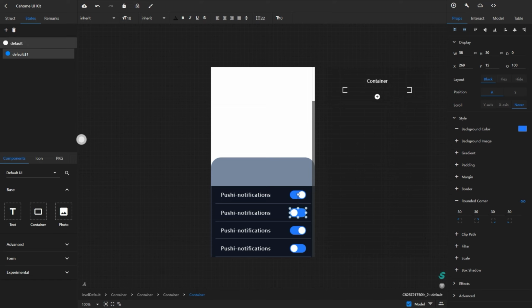After that we click on this container again. The same operation adds a setting status. Perform activation. Change the background color.